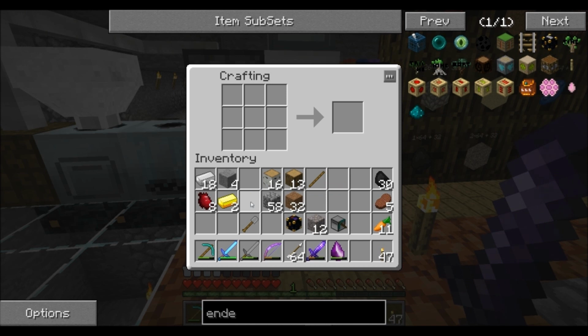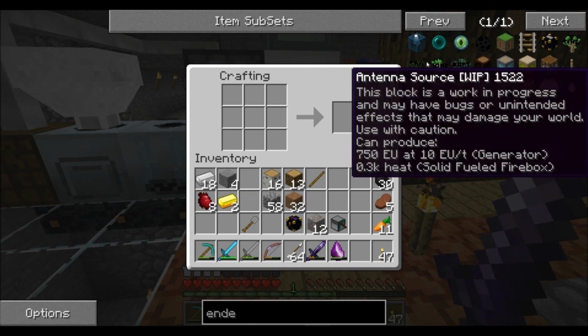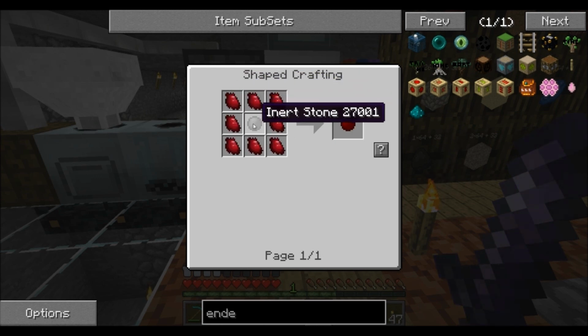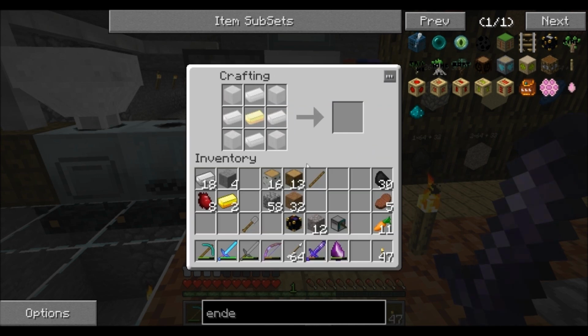Now with the Minium Stone, it's very helpful. You can make Ender Pearls out of it. So as you guys can see right here, we have a Minium Stone. And then we use 4 pieces of iron ingot to get that. To get to the Minium Stone, all we have to do is create this inert stone. So for the inert stone, it's very simple. We have 4 pieces of the iron ingots right here. We have 1 gold, and then we just use 4 smooth stone,